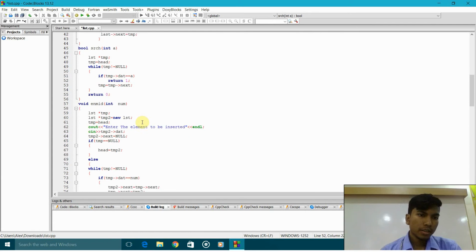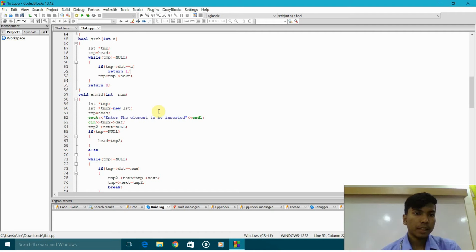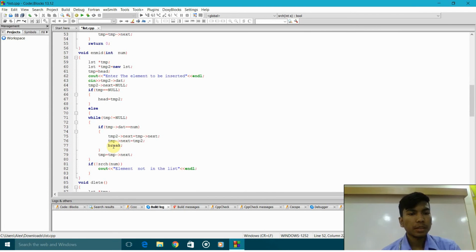Next is insert mid. In this, we will enter an element in the middle of the list, that is anywhere. First it will ask the user to input an element, after which the element we accept from the user will be inserted. So for that, we again create a new node, and then if the head is null, we make it the head because the list is empty. But if it's not empty, we will first traverse to the element that the user has inputted, after which he has to input the new element, which will be inserted there, and then we'll tailor that part, that is